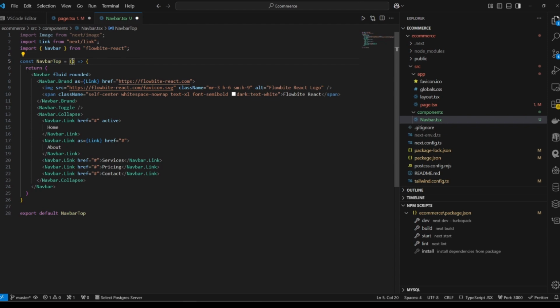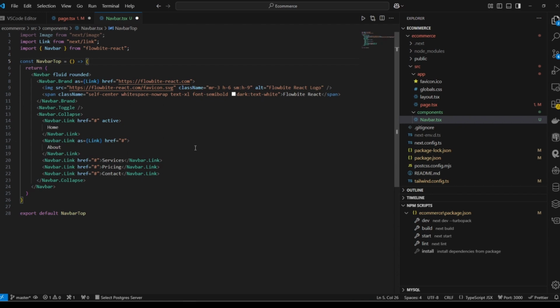Props is like a function parameter, and you can have objects and functions passed between the React components, and this is the function body, and in this function body we should return the contents over here,